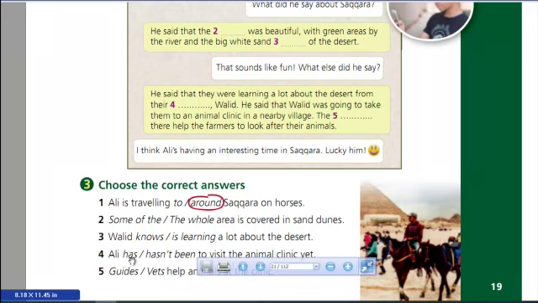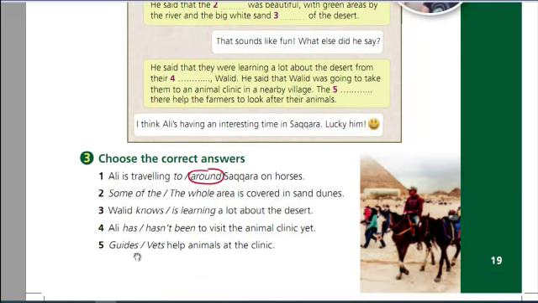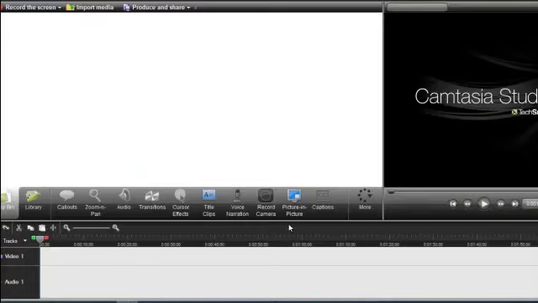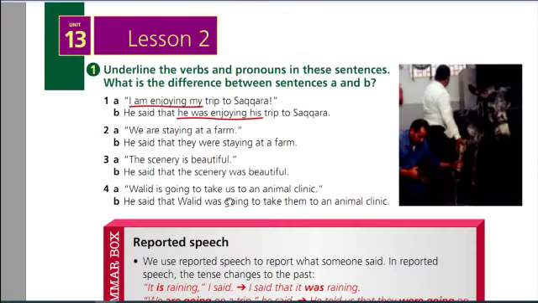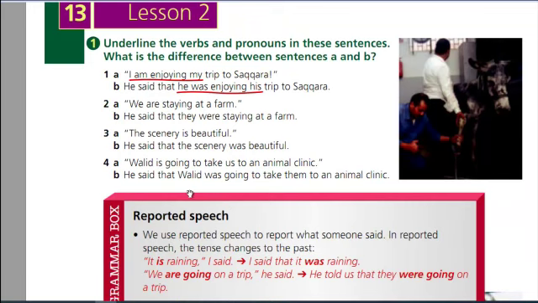Ali has or hasn't been to visit the animal clinic yet. The answer is Ali hasn't been to visit the animal clinic yet. Guides or vets help animals at a clinic. The answer will be vets. Now let's go to page number